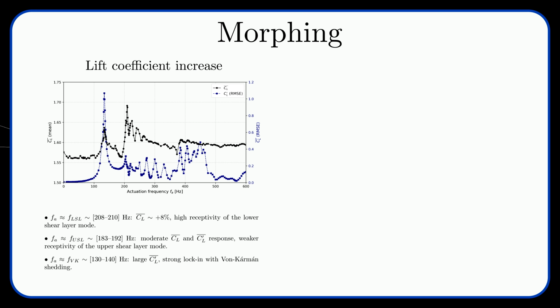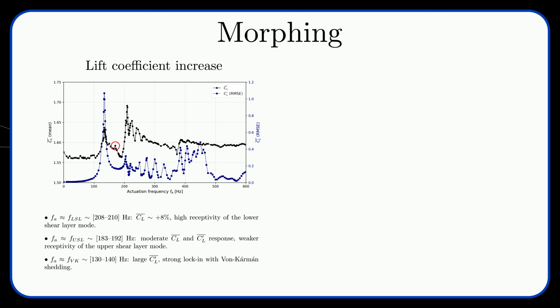This graph summarizes the aerodynamic response of the wing across the full range of constant actuation frequencies tested, from 10 Hz up to 600 Hz. The first thing to notice is a sharp peak in the mean lift around 210 Hz. This corresponds to actuation near the lower shear layer natural frequency, where an increase of up to 8% in lift coefficient is obtained. Around 185 Hz, close to the upper shear layer natural frequency, we observe a more moderate and smoother response in lift,